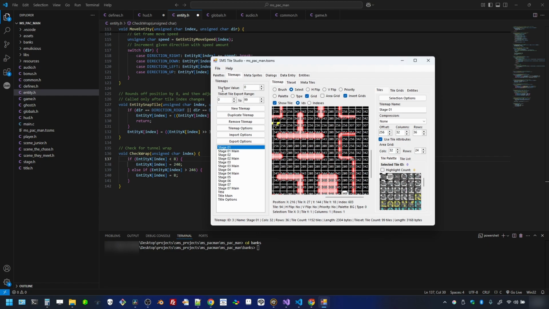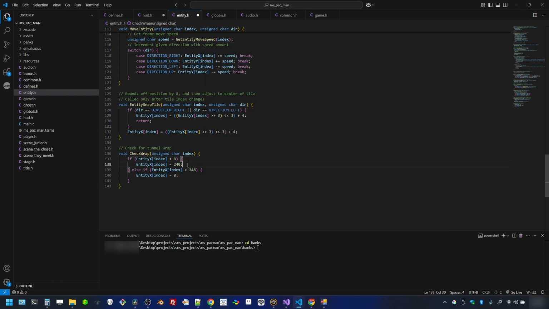The reason why we do this is because of the way I calculate the tile index. If the player is less than the last tile or whatever, the way that I would calculate the tile index of where it's at would be incorrect. So here we're going to mitigate that issue by saying, okay, if it's less than that 8 pixels, we're going to magically push it all the way over to the right at this hard-coded value, which is 240